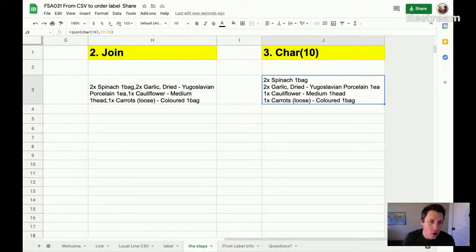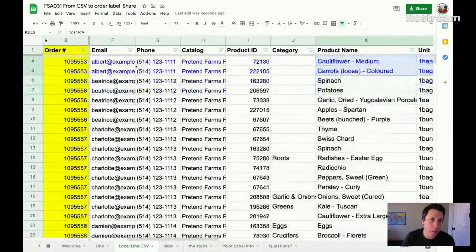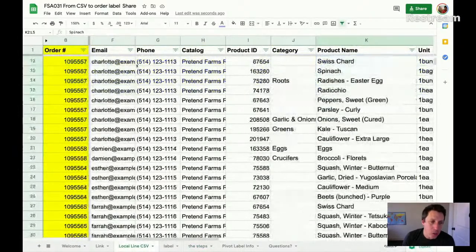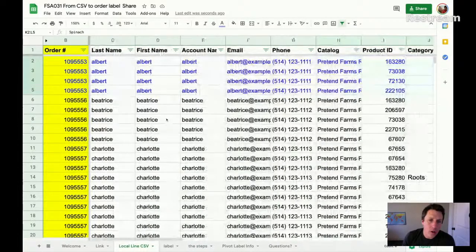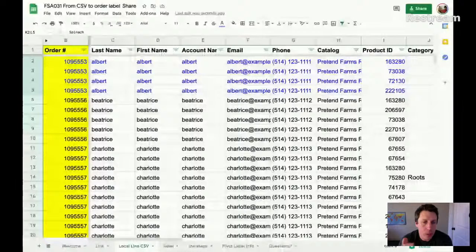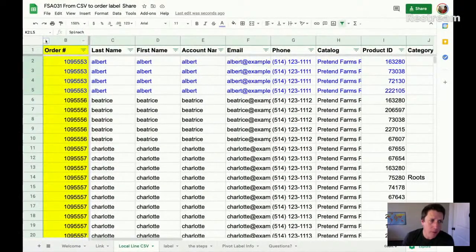Now, what is tricky in this case is that we want to do this for a bunch of orders, and you can put together a formula to do it in separate cells. There's ways to do that. But what we're going to want to do instead is use a pivot table. And pivot tables are often the easy solution to a lot of things. And so what we're going to do to the pivot table is start off first by going